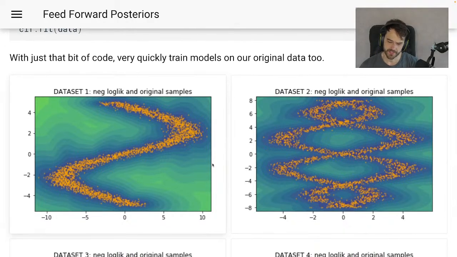So let's pretend that these are 2 data sets that I'm interested in predicting, but I'm interested in doing regression. So I've got stuff on the x-axis, and what I would like to predict is stuff on the y-axis. Well, then these 2 data sets are typically insanely tricky for standard regression algorithms. And the reason is, if x is -5 over here, there's actually a region of points where a prediction would make sense. Then there's a gap, and then there's another region of points where a prediction might make sense.